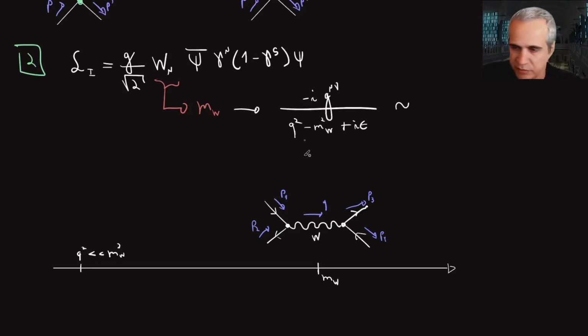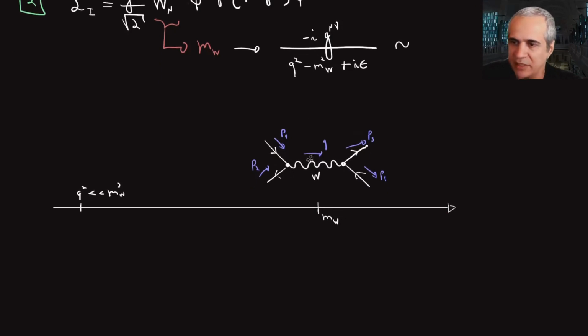In other words, any matrix element, in this case, I'm doing the same integration out I did for phi hat, but in this case, I don't even need to go to loops. I took loops of phi hat and calculated those loops. But since W contributes to this diagram at tree level, I can do the integration out at tree level now. So a diagram like this will be given by, schematically speaking,